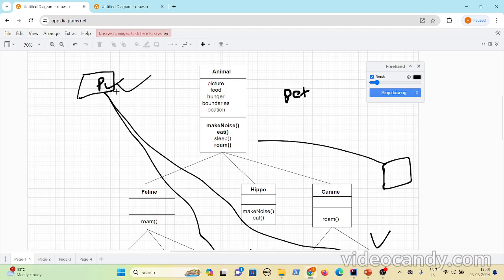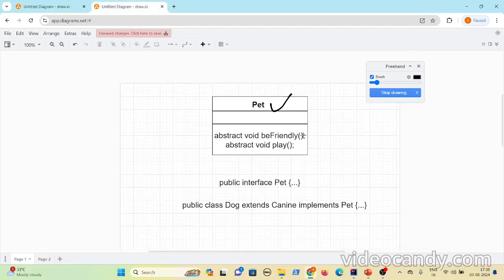protocol. Just by looking at the methods, let me show. Just by looking at the methods that are present in the pet interface, you can create a reference variable pet and then you can invoke these methods on any subclass. By looking just at the interface, people can predict that whatever classes implement this pet interface, they will have those methods and they will be able to invoke them. Like how you have done the same thing for inheritance, you can do the same thing here as well, okay?